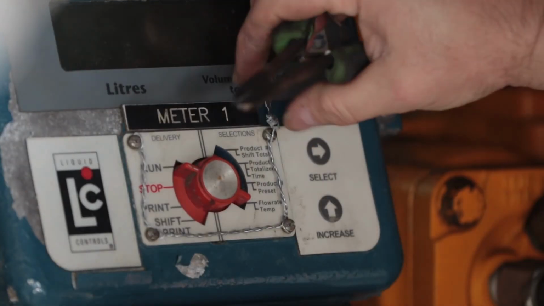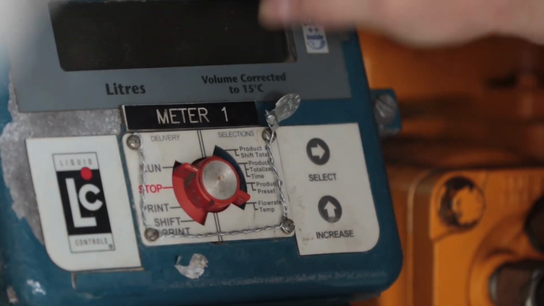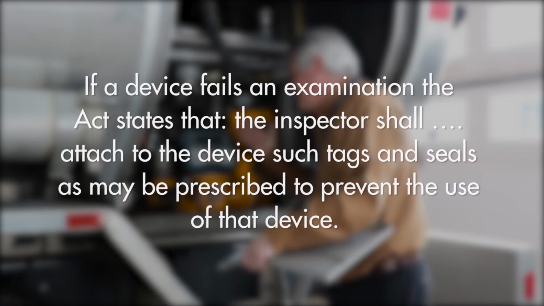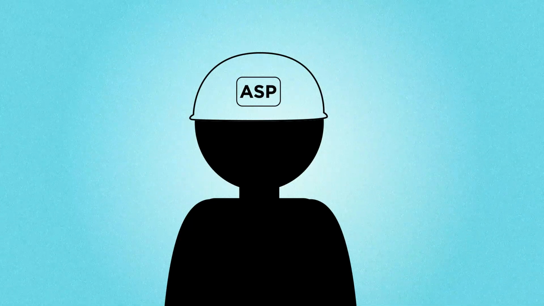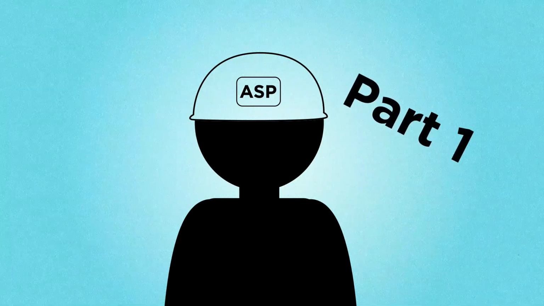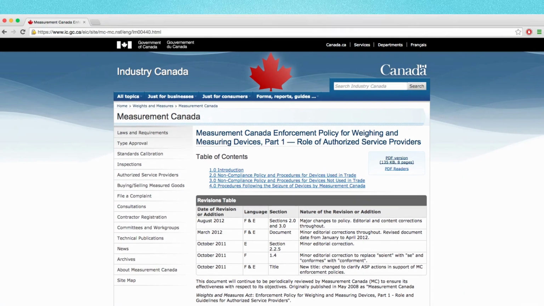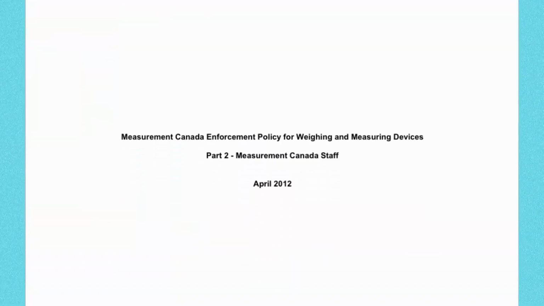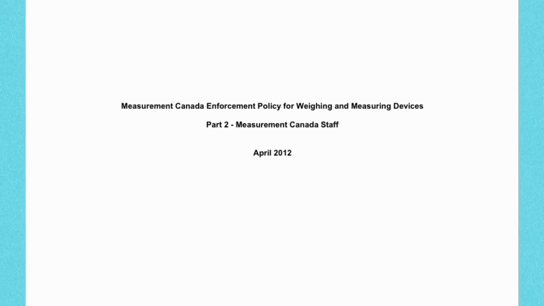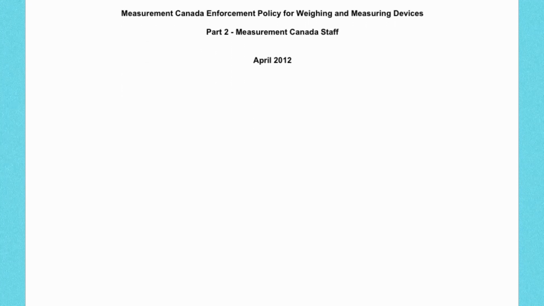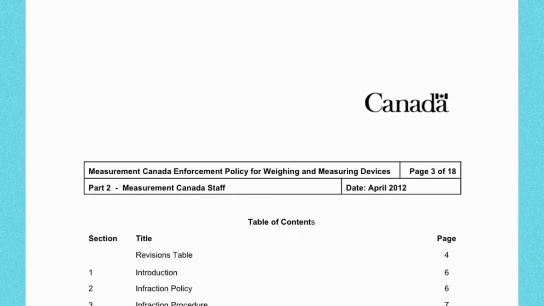And if a device fails an examination, the Act states that the inspector shall attach to the device such tags and seals as may be prescribed to prevent the use of that device. The Measurement Canada Enforcement Policy for Weighing and Measuring Devices, Part 1 for ASPs and Part 2 for Measurement Canada inspectors, details the reporting required and actions to be taken when a device is found to be non-compliant.